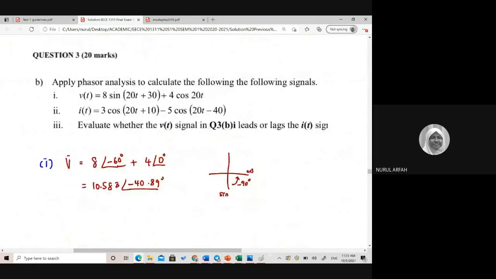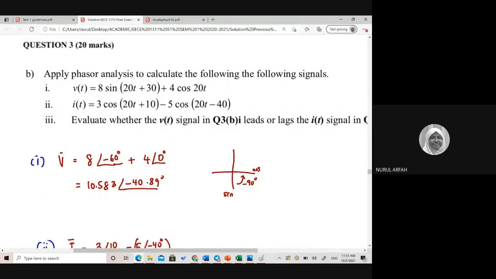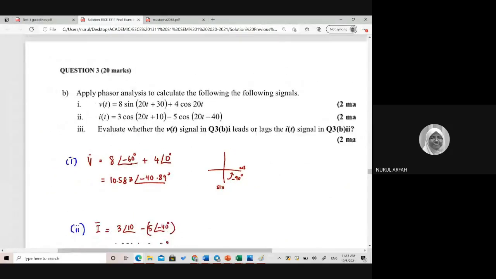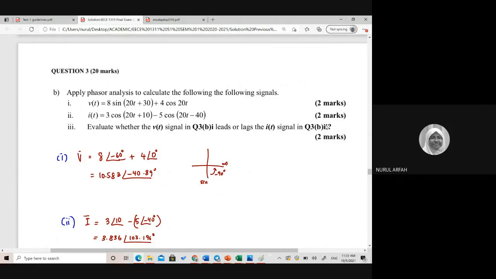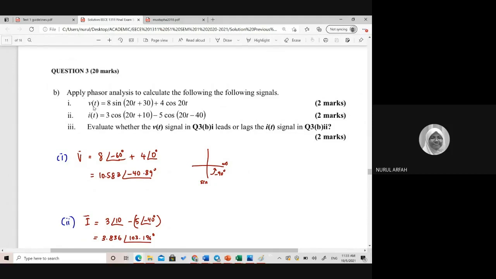This one, part B. Can you see my screen? Is it clear? Yes, or not madam? Clear. Yeah. And then they give you marks here. So you can actually estimate where you want to save your marks. Make sure you do